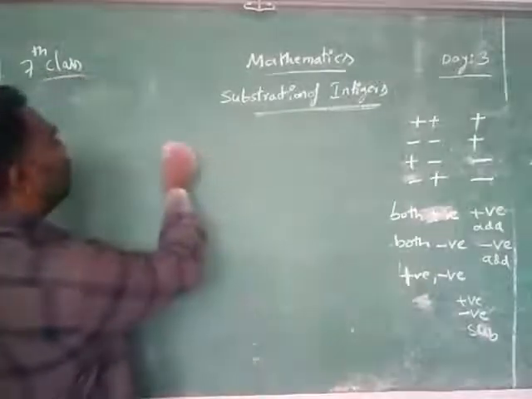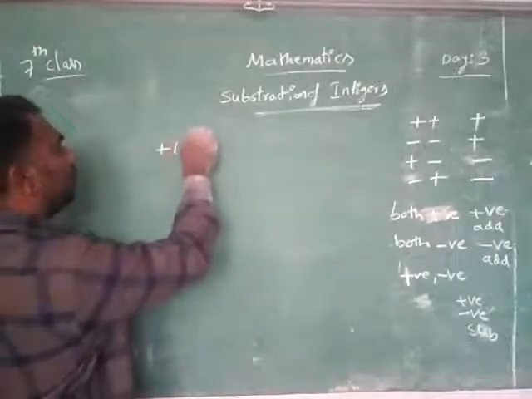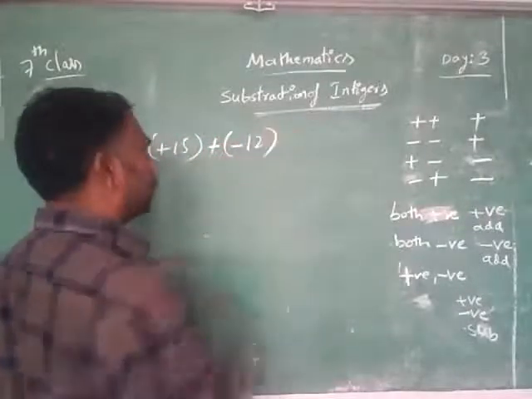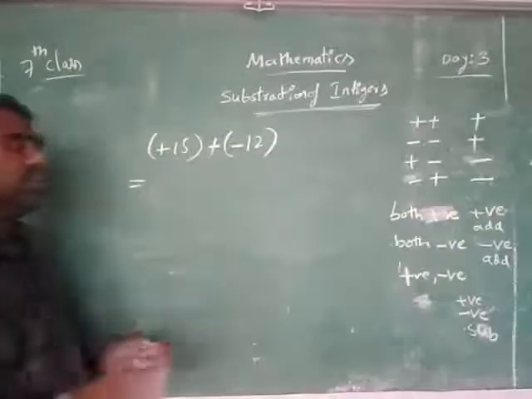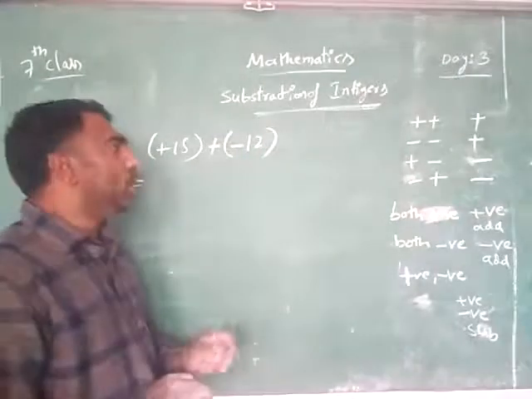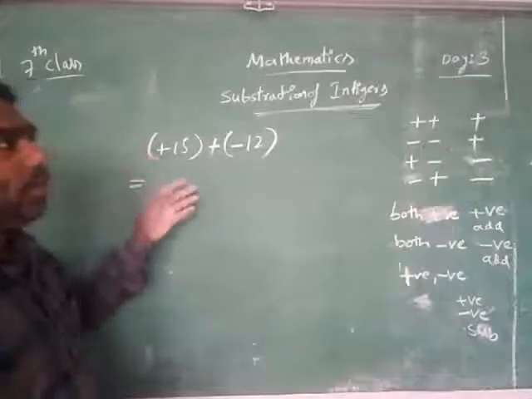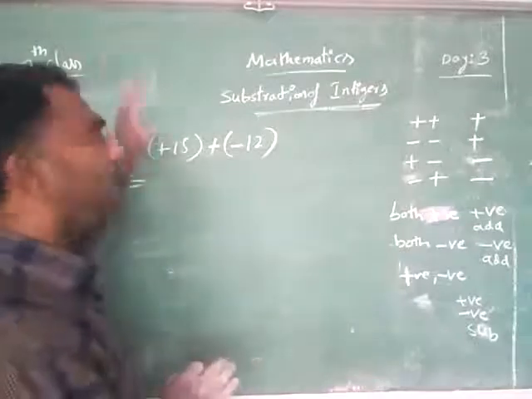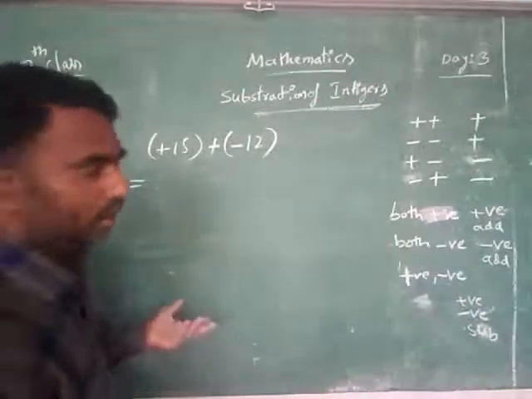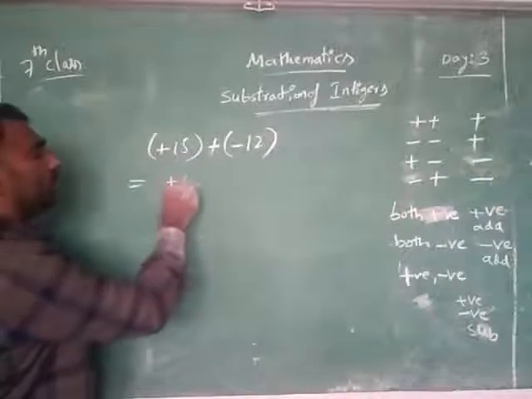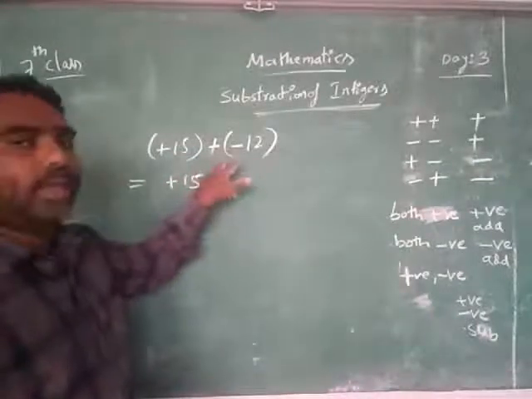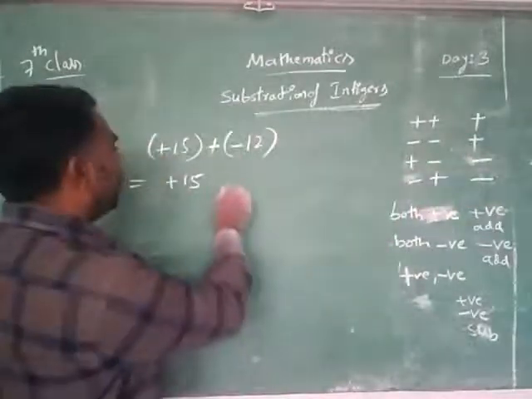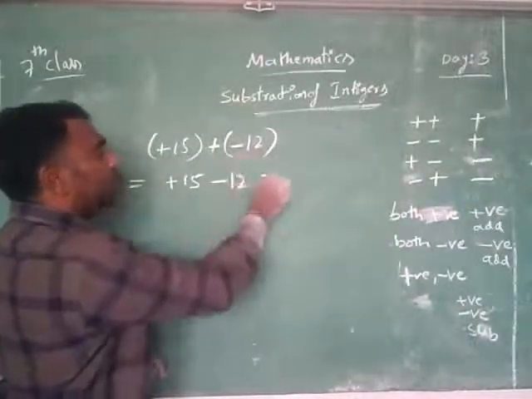So simple. So suppose you see here, I have given like that, plus 15 minus plus 12. You don't need to think it is addition or subtraction. Only we have to write it. Nothing to see. Only directly what we have to do? Remove the brackets. Single symbol is there, no problem. Here two symbols are there. Plus and minus. What you will get? Minus. And number is 12.